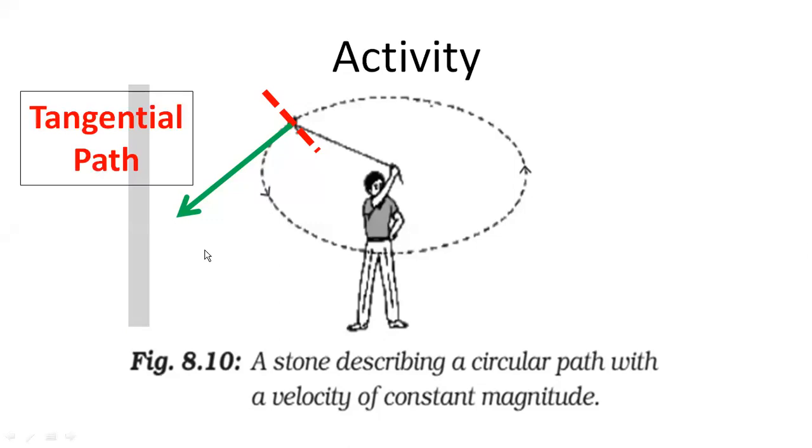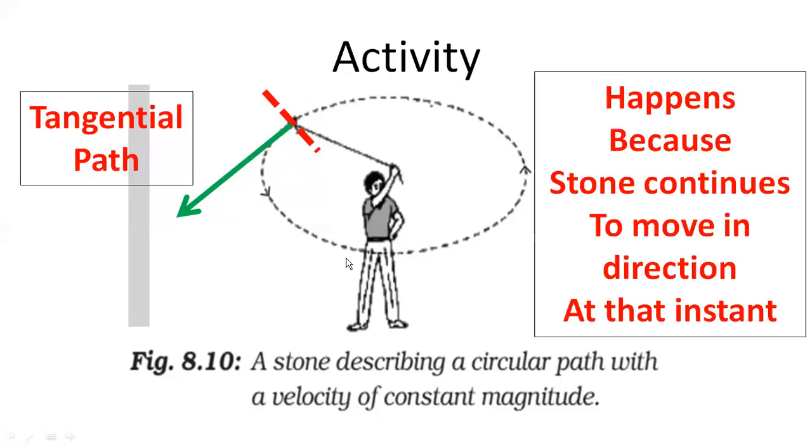So in the exam they will ask you that in circular motion, if the thread is cut, what will be the path taken by the body? ठीक है, body will take what kind of path? So what is the path name? Tangential path. Tangential means what? Tangential to the circular motion, that is the direction. Second question that will be asked to you is why tangential path only? Why not go in the other direction? So answer is very simple.